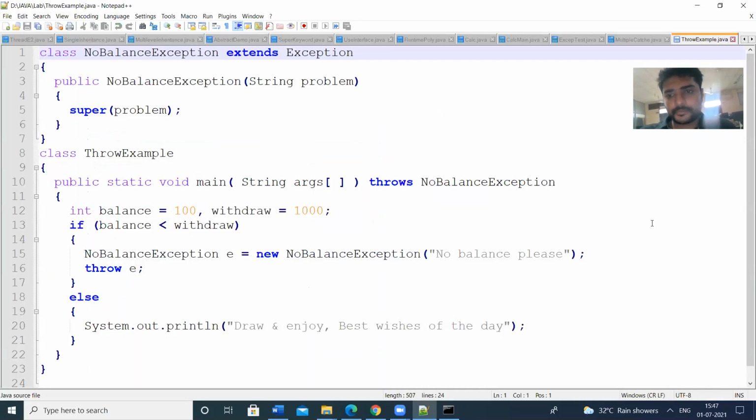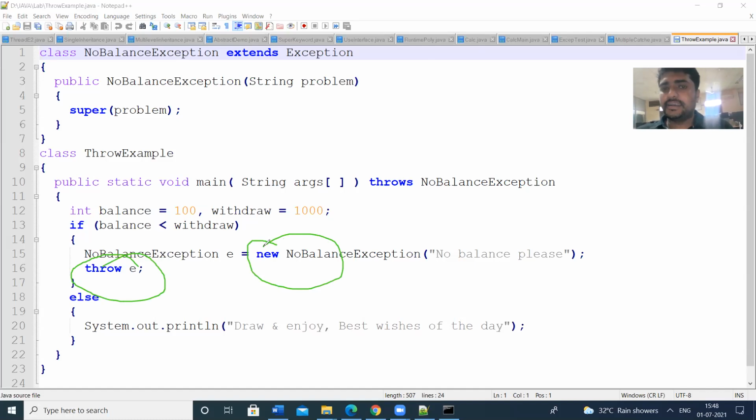This is the program to illustrate the concept of throw as well as the user-defined exception also. The same program can be used in two different cases, so for two programs, this program is enough. First, to illustrate the concept of throw. Next, to illustrate the user-defined exception.